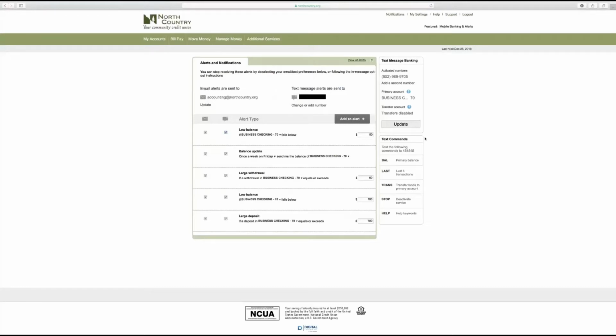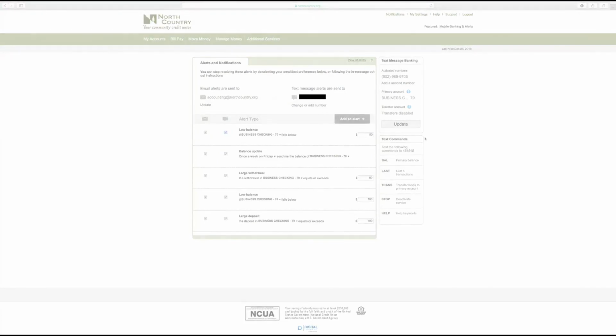Please note that there is another way to register for fraud text alerts for just your credit cards. Additionally, you may receive text alerts from our fraud department. If fraud is suspected, your card may be temporarily put on hold until you confirm or deny the fraud. If you deny the fraud, you will need to wait a few minutes before you can use your card again.